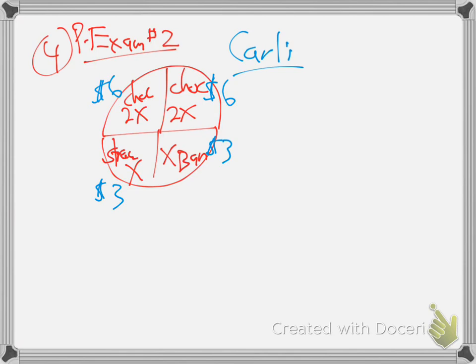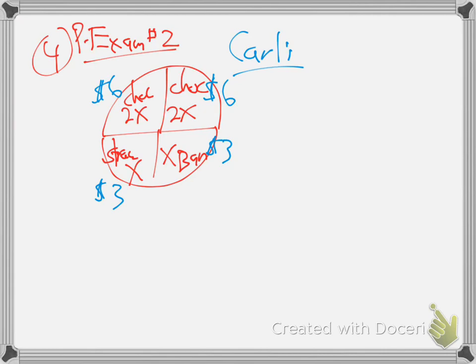They're saying, how will Carly cut it if she's the divider? Well, what does it mean to be the divider? What does the divider always do? That's the first thing you have to have clear. The divider will cut it equal because they get last pick, right? The cutter gets last pick. That's the main thing you have to remember. So the cutter will cut it fair in their eyes because they know they get the last pick. So the question really is asking, which of those three cuts is fair in Carly's eyes?